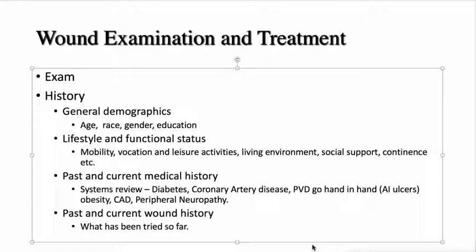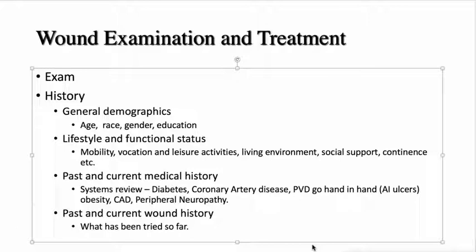general demographics: age, race, gender, education. This could be helpful because patient education is going to be a big part of the treatment. And also looking at other factors in terms of age. Are there factors that relate to possible delayed healing? We want to look at lifestyle and functional status, mobility, vocation, social support, continence, all those kind